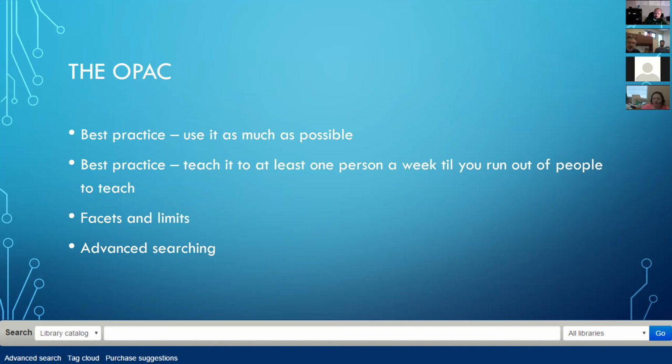So the best practice for the OPAC is to teach other people how to use it. Teach your patrons. When they come in and ask questions, it's kind of a fine guessing game whether they just want the answer right now and don't care how you get it, or want you to teach them how to find the answer in the future. If you think your patron would really like to know, teach them how to use the OPAC. Teach them how to do searches, how to log into their account, and how to place holds through the OPAC. That will offload some of the more techie people into doing it themselves so that you have more time at the desk to work on